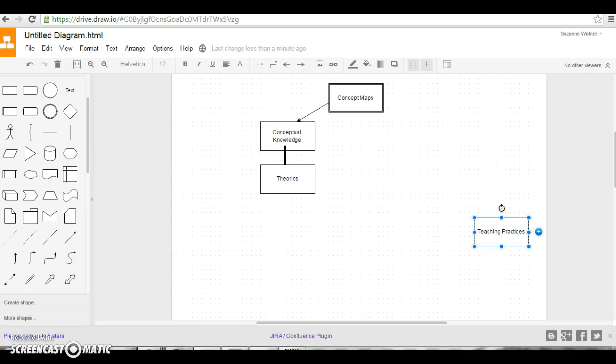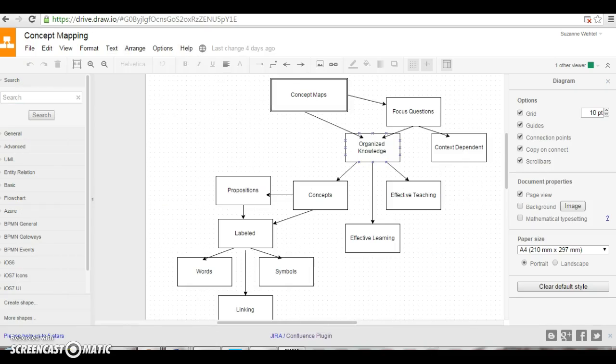So I'm going to get rid of this really terrible concept map I made and give you the more advanced one from the text. So here you can see the concept map is the main idea, as we discussed before, and then we have the focus questions, the organized knowledge, the effective teaching, the effective learning. Organized knowledge then relates to concept maps. Now you can see how all of these things relate, but when we're doing this, you notice how things like linking is not connected with effective learning,